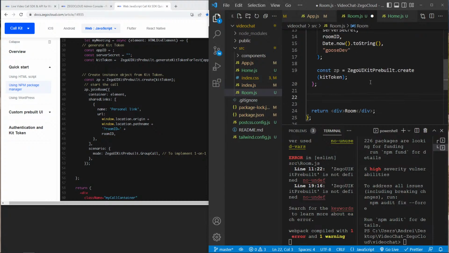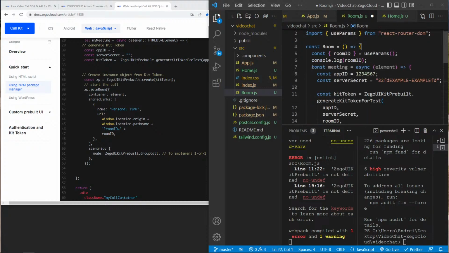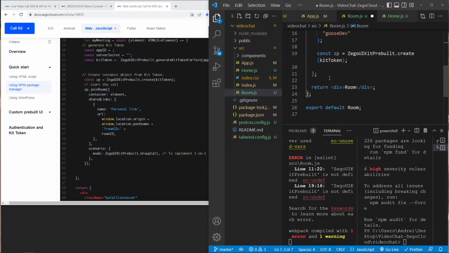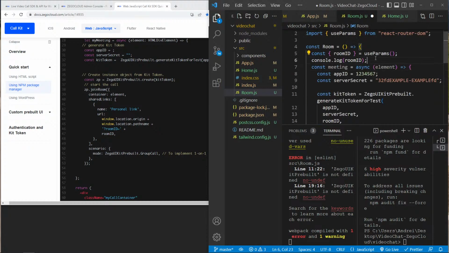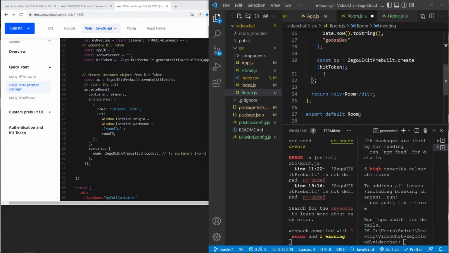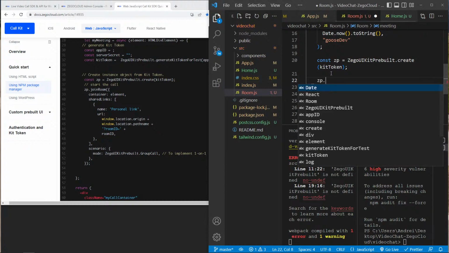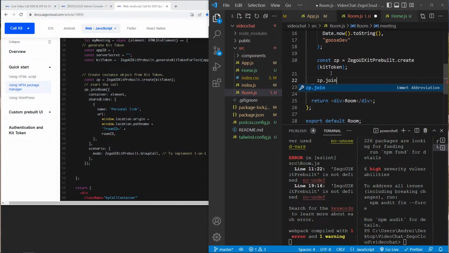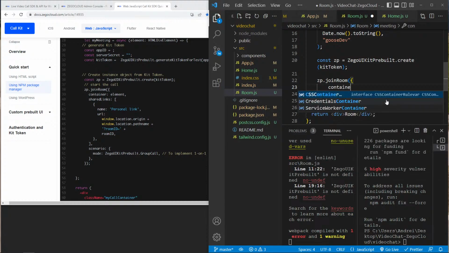I'll return ZP. All these things should be inside the meeting, okay, so inside this meeting right here, they should all be inside the meeting. Okay, so here just say zp dot, I'm just copying the one from the join, so zp dot joinRoom. And inside we'll have the container, so I'll have an element, this one. So container, I'll say container element,